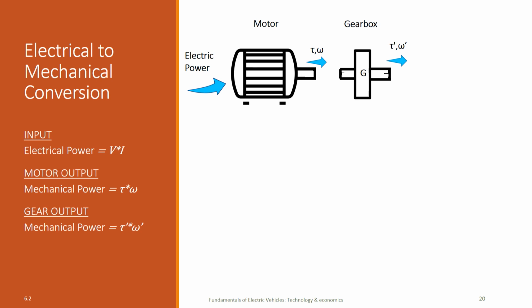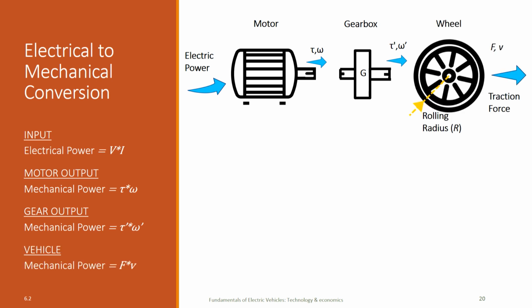So, what happens to the torque and angular speed, tau and omega, of the motor is that the gearbox converts it into a new pair of torque and speed, tau prime and omega prime, in a certain ratio G, which defines the gearbox. That ratio G is the gear ratio, and then I am able to connect it to the wheel of the vehicle,